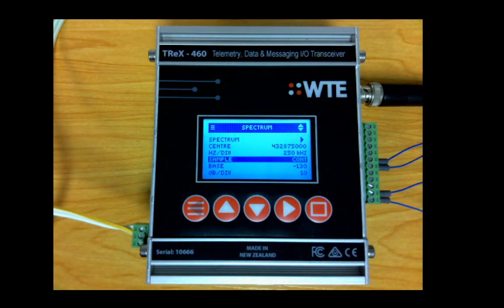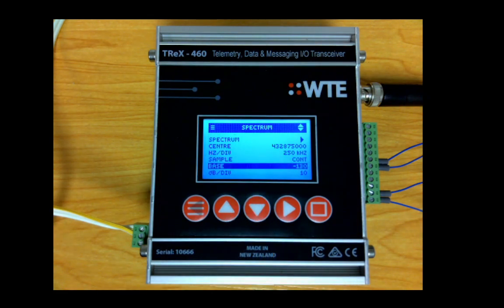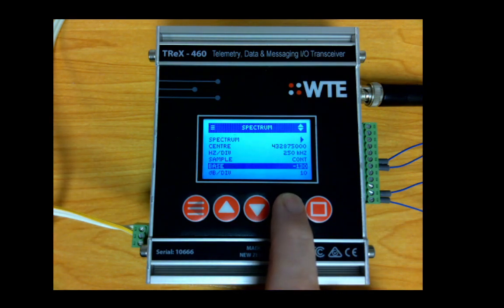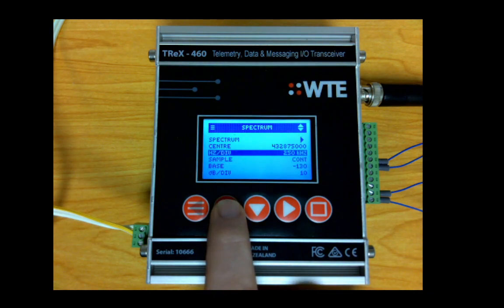We can change our sample method, whether it's continuously updated or a peak value is obtained, and we have the ability to scale and offset the signal to display that signal as well as possible on the screen. Using these settings, have a look,